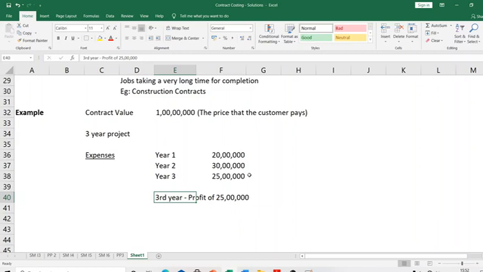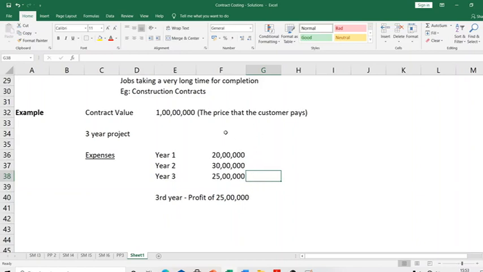So does that mean that we will say, okay, fine, let me equally split 1 crore across 3 years? First year, 33 lakhs, 33,333. Second year, 33 lakhs, 33,333. And then third year, 33 lakhs, 33,333. Let me equally split revenue, recognize all of these costs in the years, and then whatever is the balancing number, either it's a profit or it's a loss. First year it will be a small profit, second year it will be some profit, third year also it is going to be some profit, right? Now, should I do it like that?